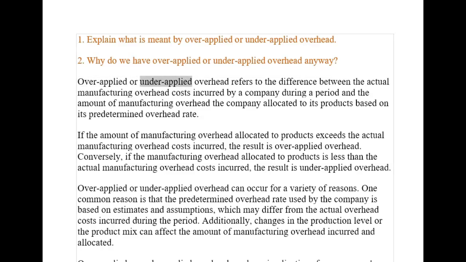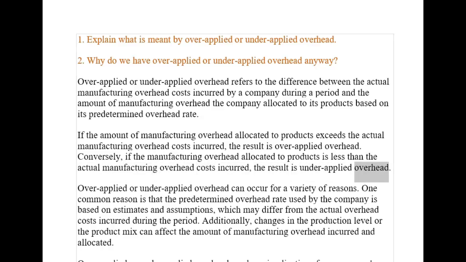Overapplied or underapplied overhead refers to the difference between the actual manufacturing overhead costs incurred by a company during a period and the amount of manufacturing overhead the company allocated to its products based on its predetermined overhead rate. If the amount of manufacturing overhead allocated to products exceeds the actual manufacturing overhead costs incurred, the result is overapplied overhead. Conversely, if the manufacturing overhead allocated to products is less than the actual manufacturing overhead costs incurred, the result